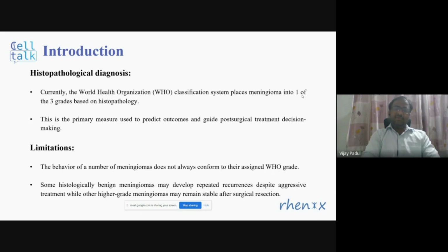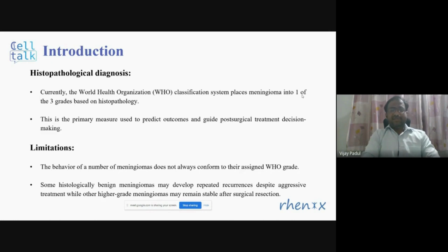Depending upon that, the post-surgical treatment decisions are made. If it is grade 1, that means it is very slowly growing and just debulking of the tumor, that is removing as much of the tumor as possible, is the primary aim. In those cases, post-surgical radiation therapy is not given. In grade 2 and grade 3, as these are more advanced grades, and in grade 3 the tumor can be more aggressively growing, post-surgical treatment such as radiation therapy may be advised. So what kind of post-surgical treatment is to be given, and also the prognostication of that particular tumor, heavily depends upon its classification.